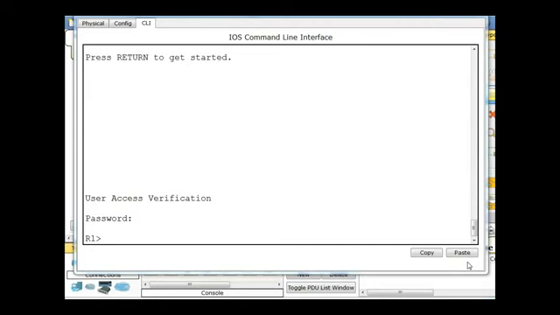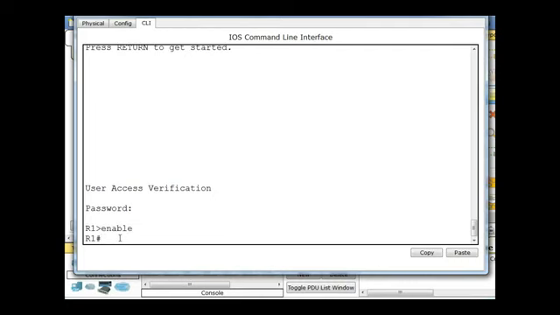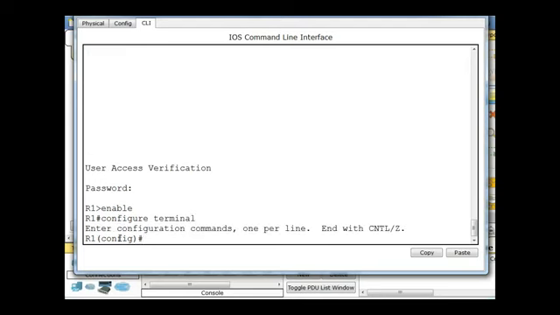Let's configure the VTY line for Telnet login or SSH login for the Cisco router this time. Okay, so I will type enable, and I'm into privileged exec mode, and now I'm going to need to go into global config mode, so configure terminal. Now I'm in global configuration mode,